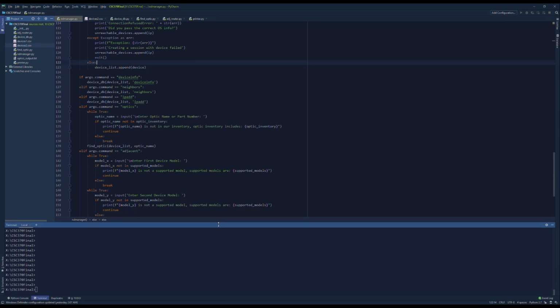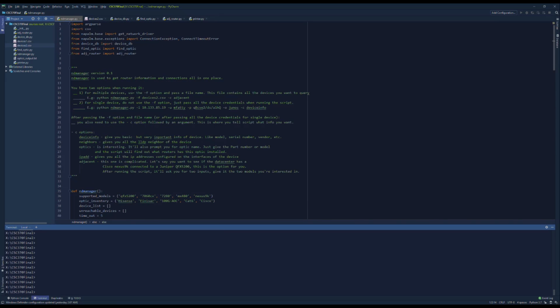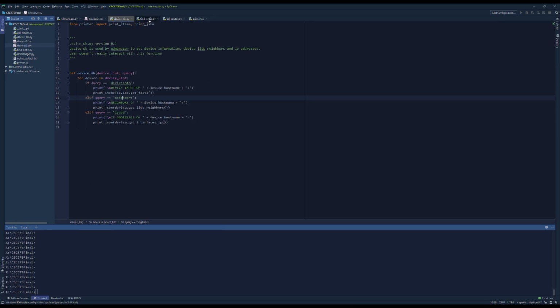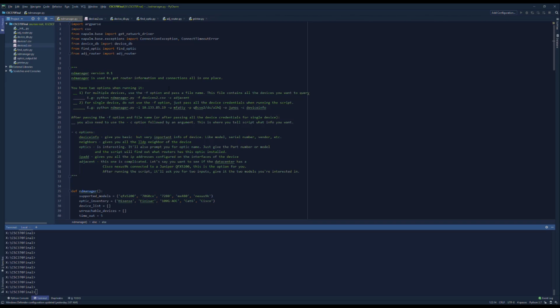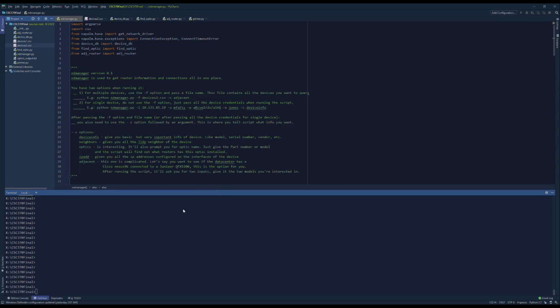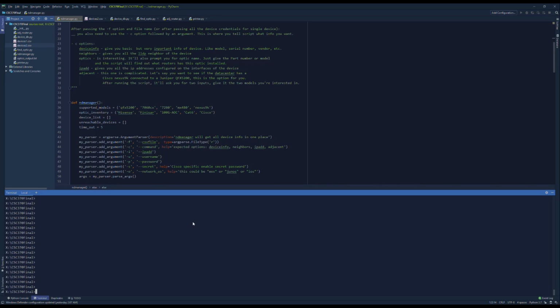Okay, so let's go through. I do have doc strings for all of these to describe how to use them, even though the user doesn't really interact with anything but ND manager. But I do have doc strings for the other functions too, for the other modules. So let's run through a few things. I would actually try every feature that I implemented. The first feature that I would try is python ND manager -f, which means I'm supplying a file, and this file